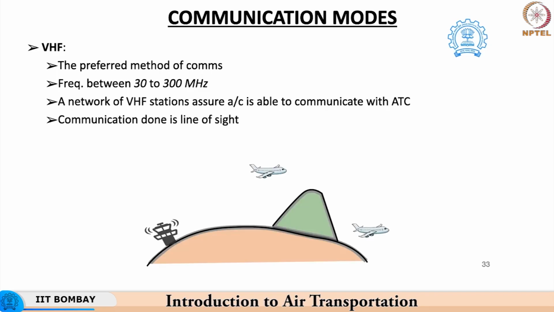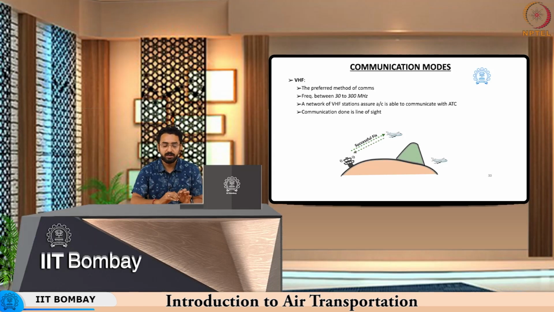The biggest limitation associated with VHF communication is that it is limited by the line of sight constraint. Now, what is line of sight? Suppose there is an aircraft in the vicinity trying to communicate with the nearest ATC. If the aircraft is in the line of sight of the ATC, it will be able to carry out the required communication. But if the aircraft is operating in a mountainous region, the line of sight cannot be obtained, and hence the voice communication will be significantly hampered, and the proper instructions or information cannot be exchanged between the ATC and the aircraft.